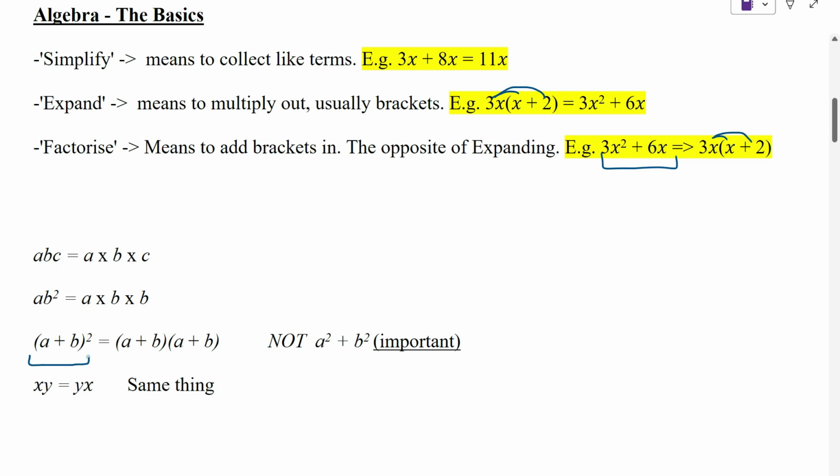This one here is a big one that I see a lot of students get confused with. So if we have a bracket here, A plus B raised to the power of 2, that means that we need to rewrite this as double brackets. So a plus b to the power of 2 now becomes a plus b multiplied by a plus b. That is not the same as just simply squaring everything inside the bracket. So if we were to multiply everything out,